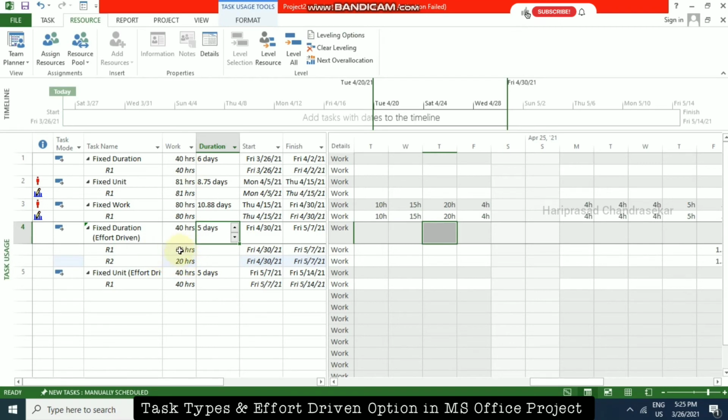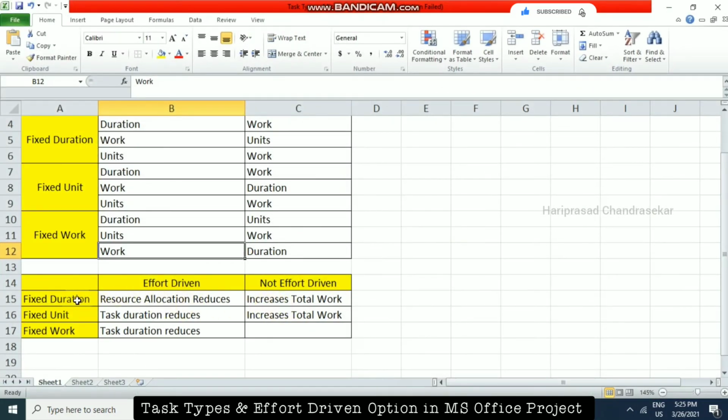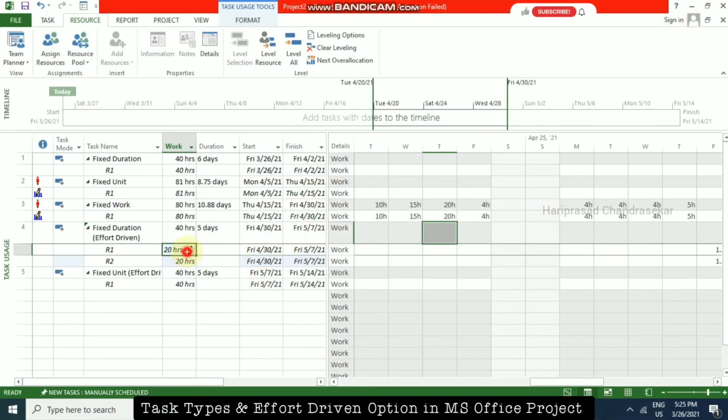It is reducing. Each resource is going to work only 20 hours. That's what I have mentioned: if it is fixed duration with effort driven selected, resource allocation reduces. So we are getting reduced resource work.